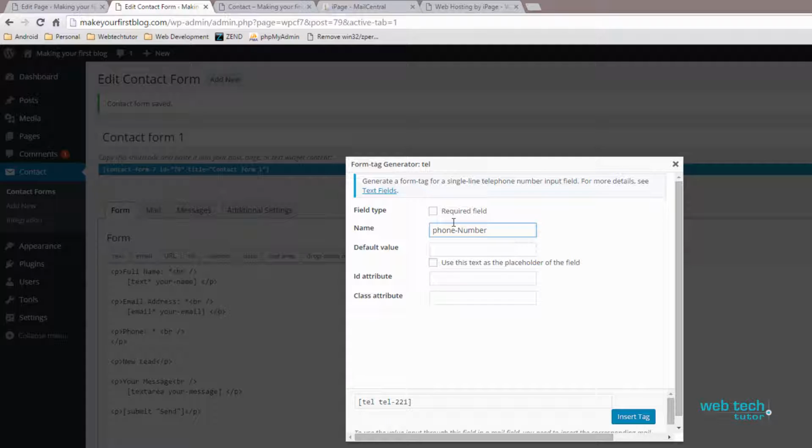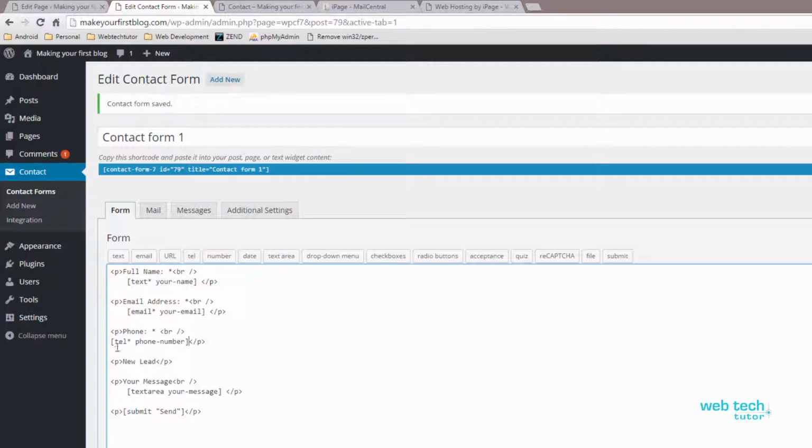Like, let's keep the convention phone dash number. It's a required field, so check that box. The default value, we don't really use a default value. And let's just insert tag. And now you've got tel with a star, which means it's required, phone number,